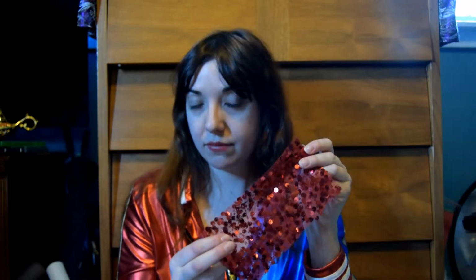So, alright. Pros is, it is shiny. It is on the cheaper side. Cons, see-through, yet again. Not super stretchy, so it's not going to have a whole lot of give. I hate saying that's a con, like maybe you don't want it to be stretchy, but